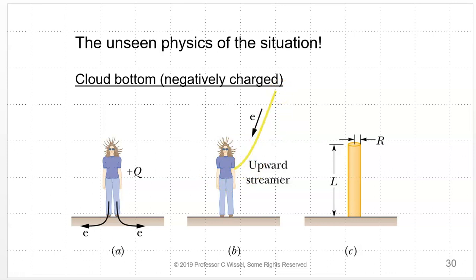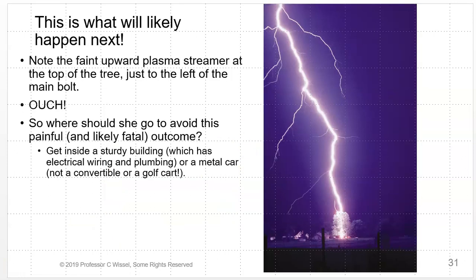Now, this is what will happen next, unless she got really lucky. This didn't happen to her. If you look very carefully, here's a tree in the process of getting hit by a lightning bolt. There was a plasma streamer up here on the top of the tree that eventually caused this conducting path to form, and the lightning bolt followed the conducting path. And that's what this is. Now, if you look really carefully, you see a failed plasma streamer, one that didn't make the connection, reaching up